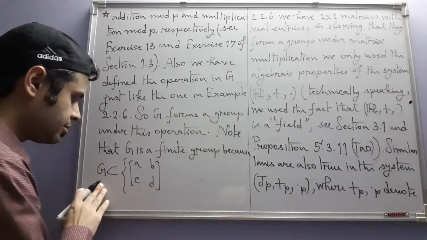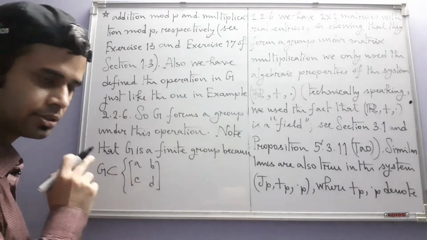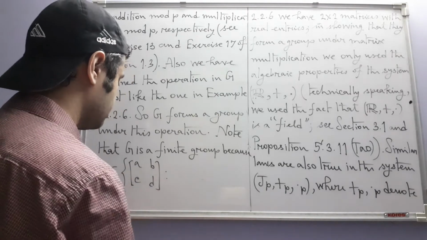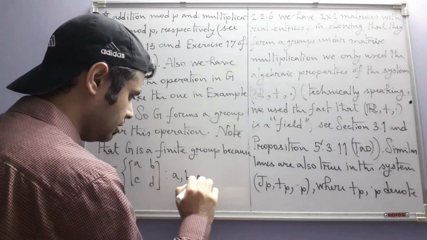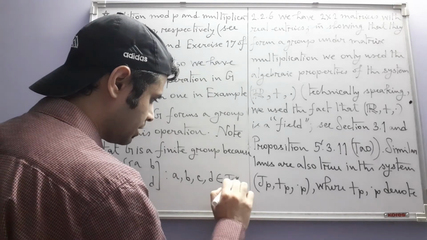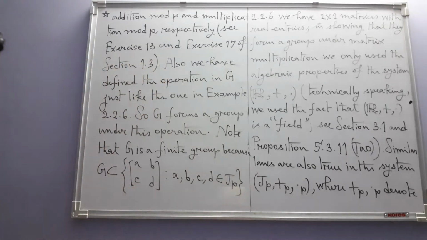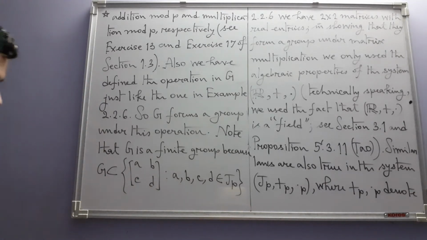In our actual G we have the additional restriction that AD minus BC should be non-zero. But if you do not consider that restriction and allow A, B, C, D, all of them to vary over JP independent of one another, then you get this set. G is a subset of this, and